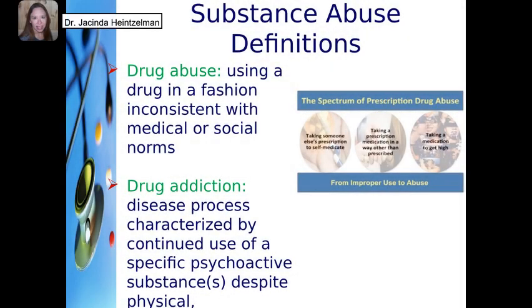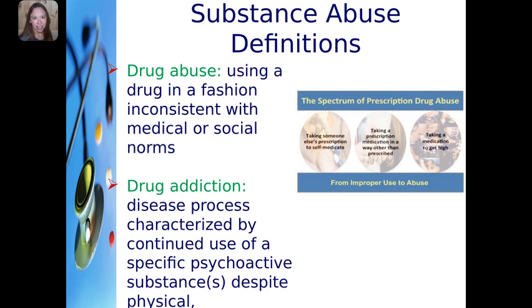I wanted to talk a little bit about substance abuse, and you should be familiar with these different definitions. So drug abuse, this is using a drug in a fashion that is inconsistent with the medical or social norms. So they are not taking the medications as prescribed, or they may be using different routes than what is prescribed. So I have seen patients that are prescribed Percocet and they end up, instead of using it